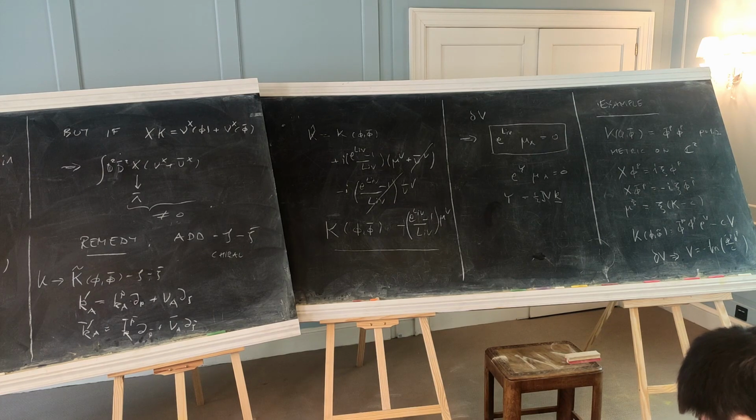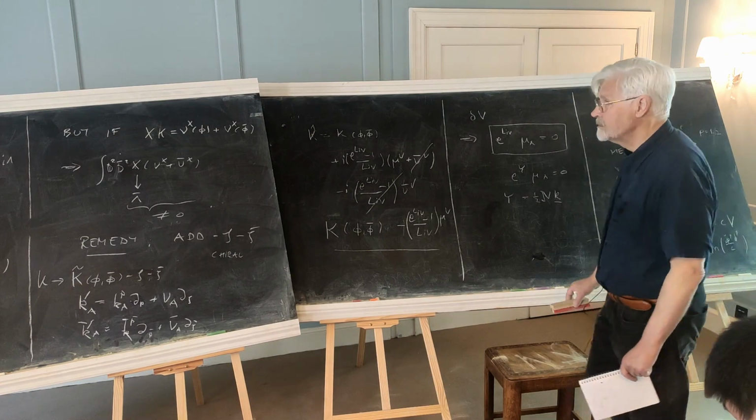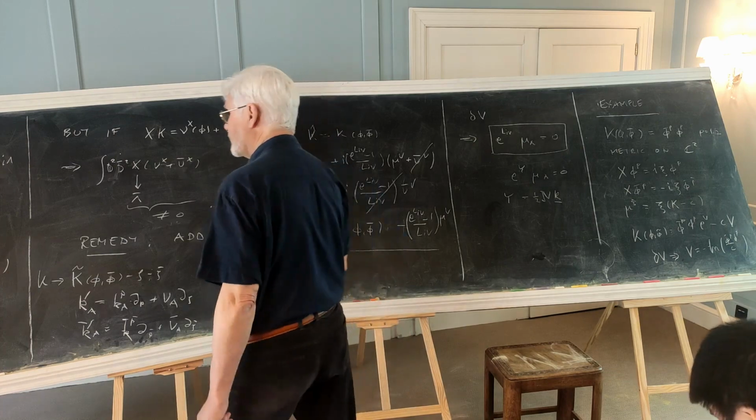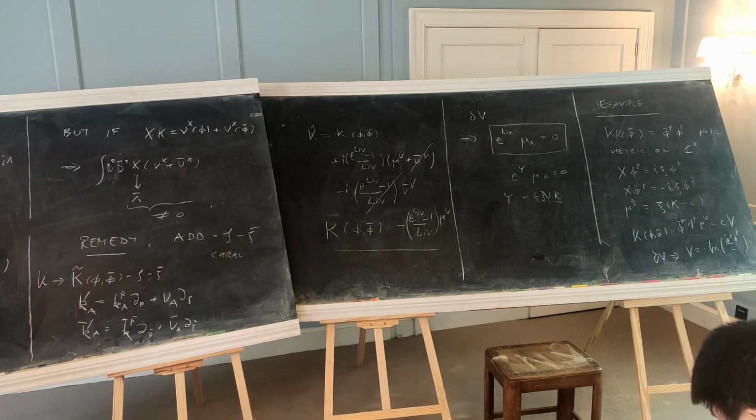And then you want to plug that back in. So the next step, if you remember, we found the v that extremizes that k, and we plug that back in, and you find that